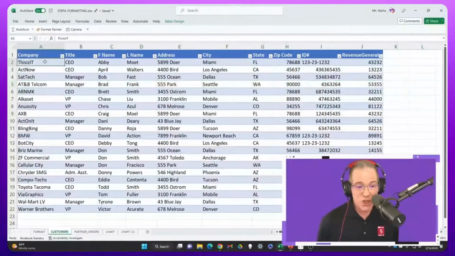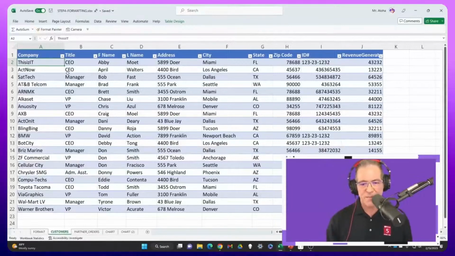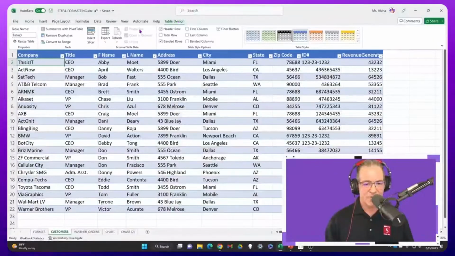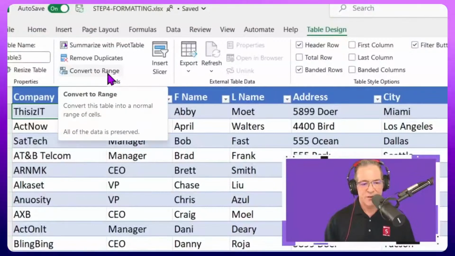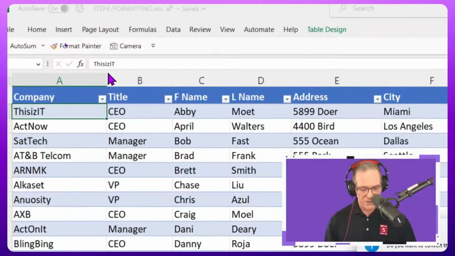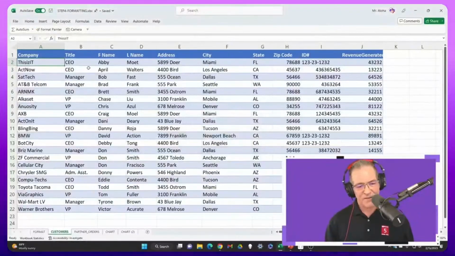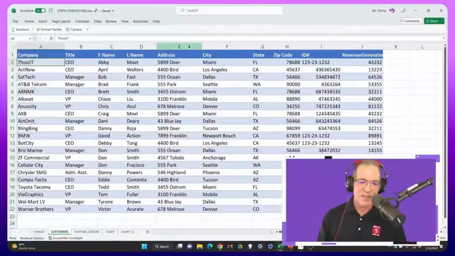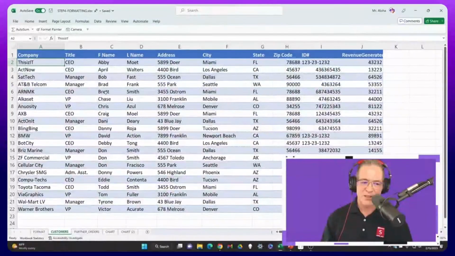And so let's say you didn't want a table. You just wanted to apply the banded rows real quick. So you can just apply the banded rows, then go back to your Table Design, and then go right back over here and convert it to range. There's more features we're going to go into in a moment. Convert it to a range. Excel is going to say, hey, is that what you really want to do? And you say, yeah, I do. And now you're not in a table anymore. Notice there's no table tools. But you did put your banded rows, your